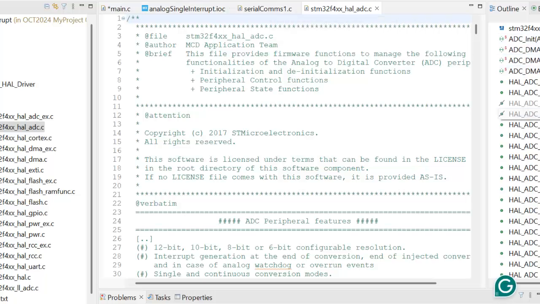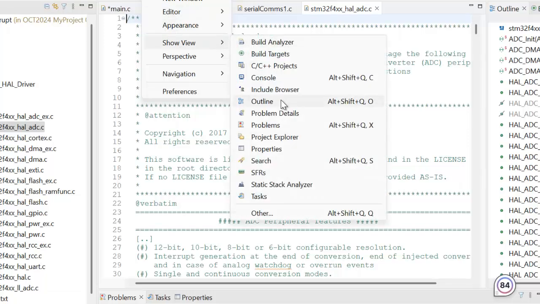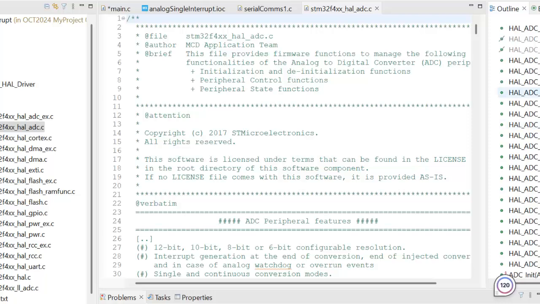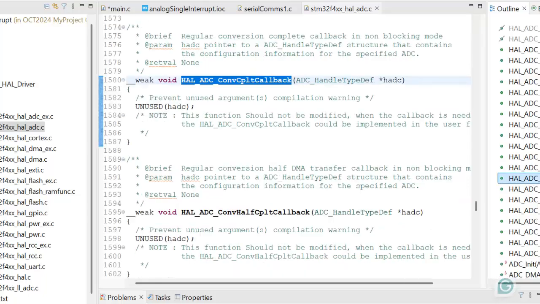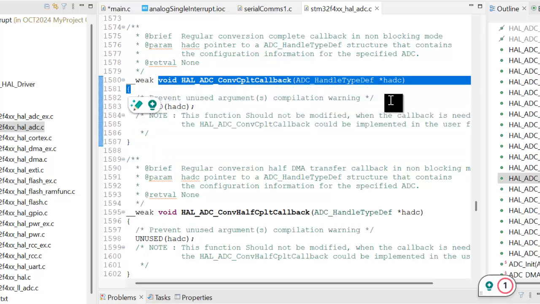Then you can see something like this, right? You go to Window, Show View, then Outline. So it will show the outline for you. What I need here is the HAL ADC convert complete callback. Click on it. You can copy all, but I suggest you just copy this one. Copy it, go to main,